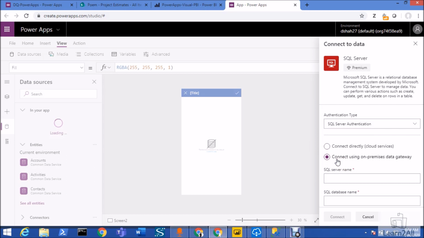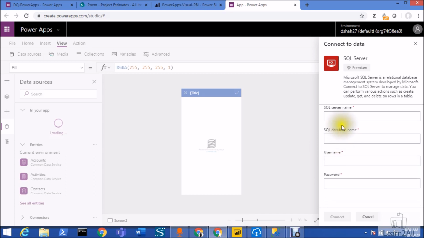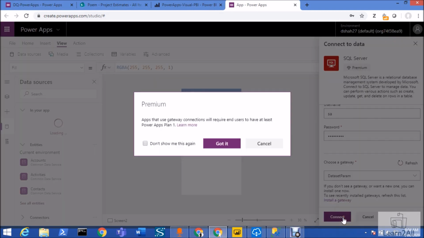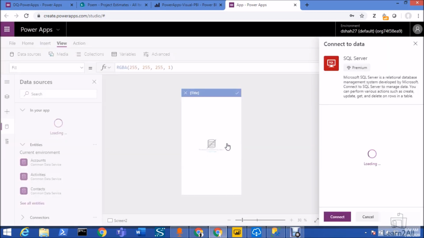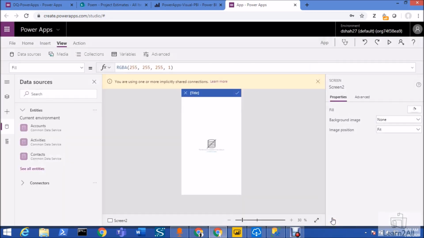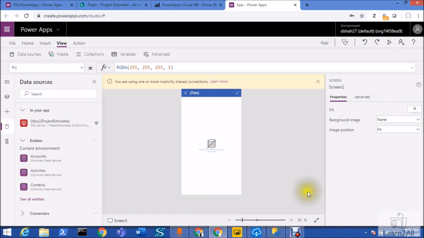On-premise data gateway, because my SQL Server is on-premise, we need to provide here the server name, database name, username and password. Alright, now choose a gateway. So this is my gateway which I have configured. Click on connect. This is just a warning for premium. Just click on got it. Select a table. Click on connect. You can see that my data source has been established successfully.